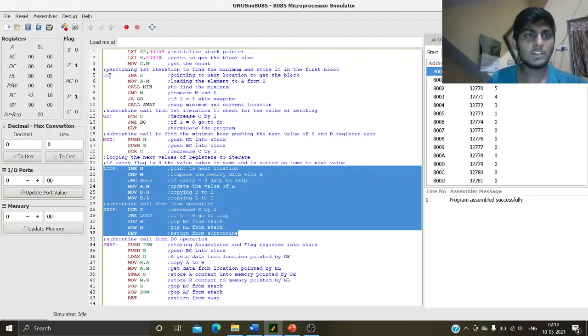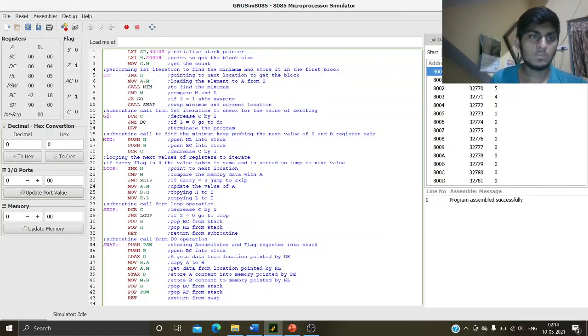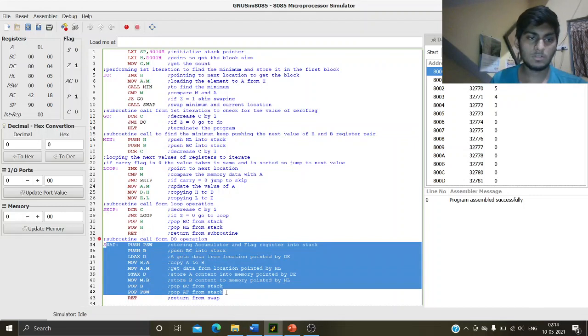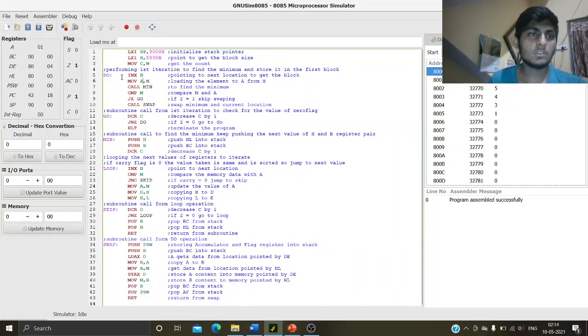So in the first iteration we have three subroutine calls which I have termed as go, minimum, and swap. We will look from here. First, we will increase the memory address of HL register pair by 1.